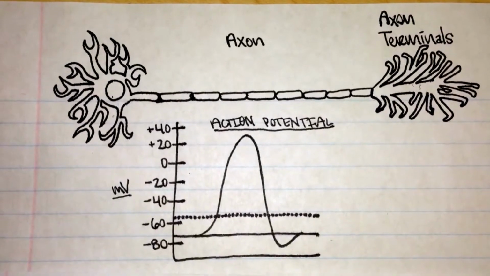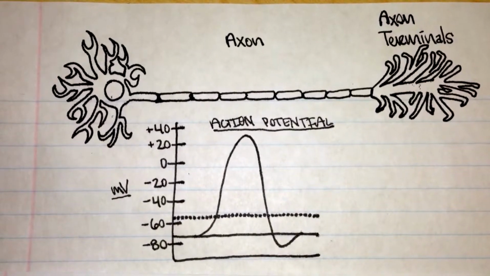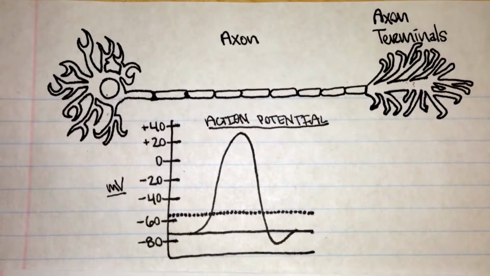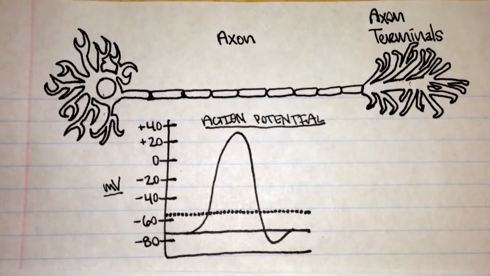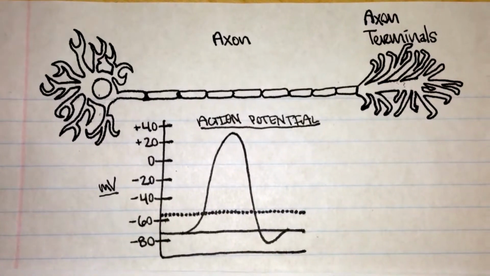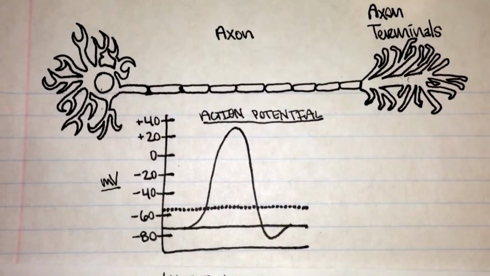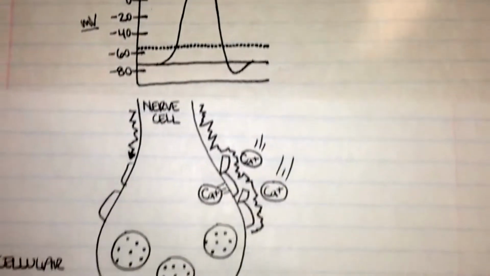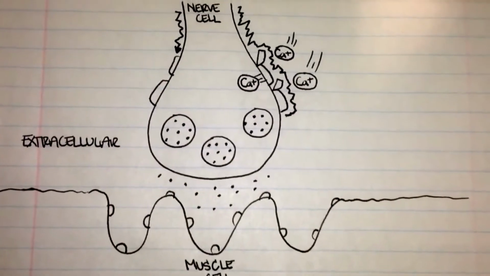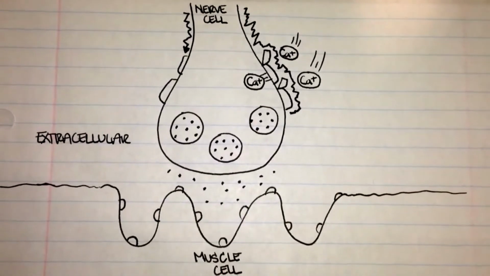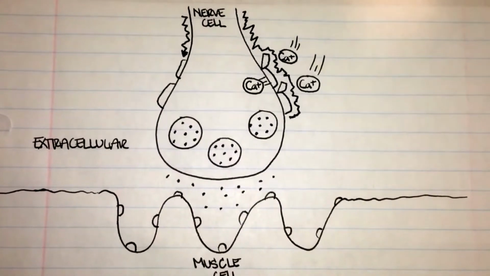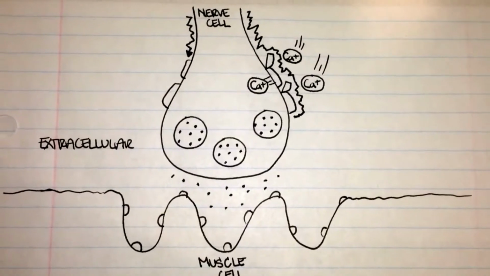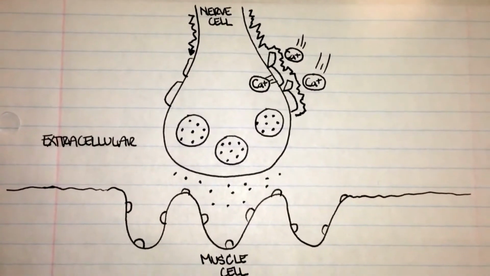And to sum everything up in this overview, the action potential in the neuron travels from the axon into the axon terminal, and it will then reach the synaptic bulb where neurotransmitters will be released into the synaptic cleft and in the extracellular fluid, and these neurotransmitters known as acetylcholine will